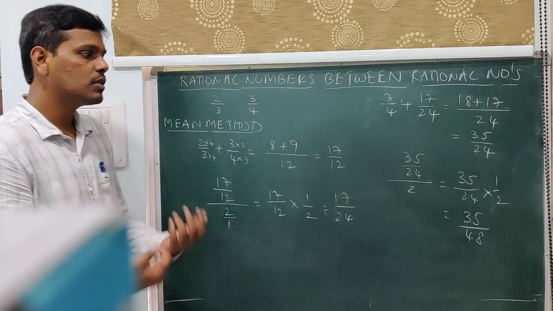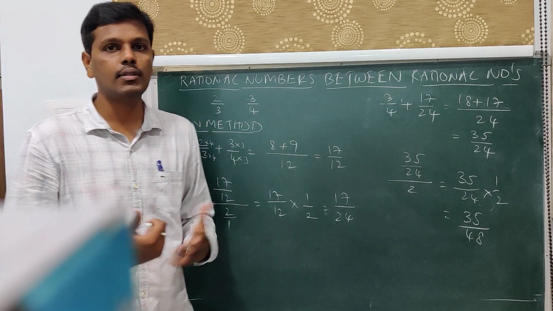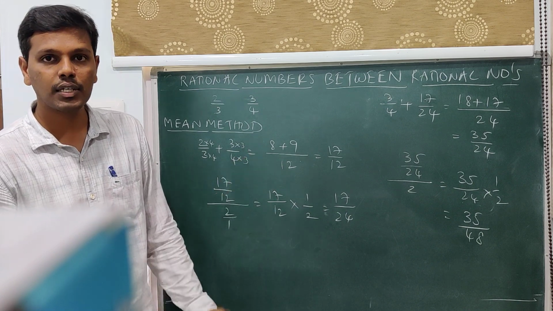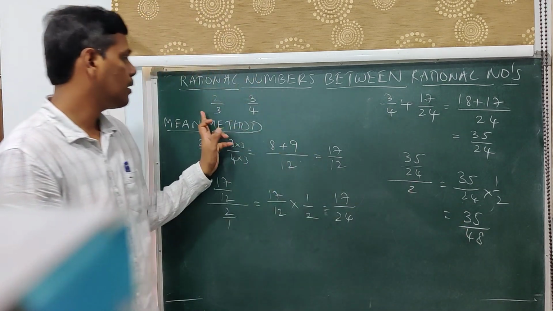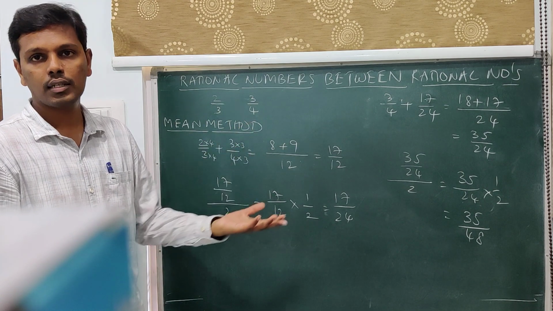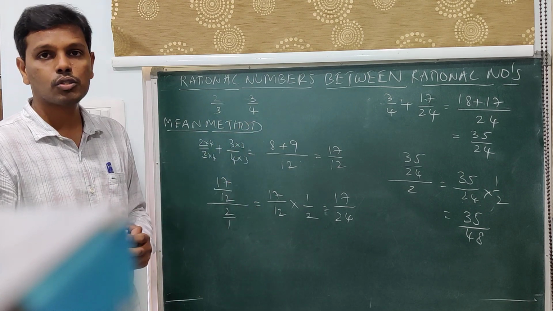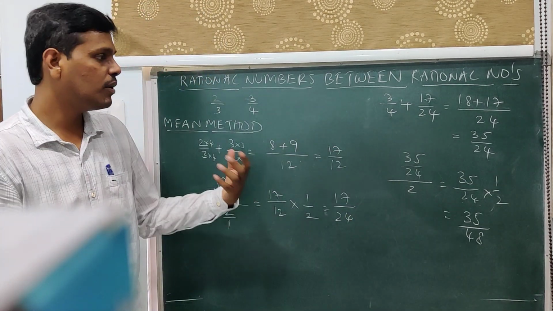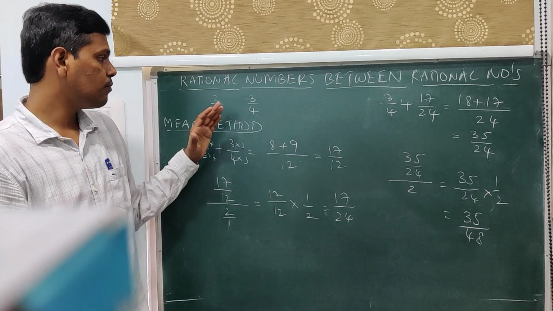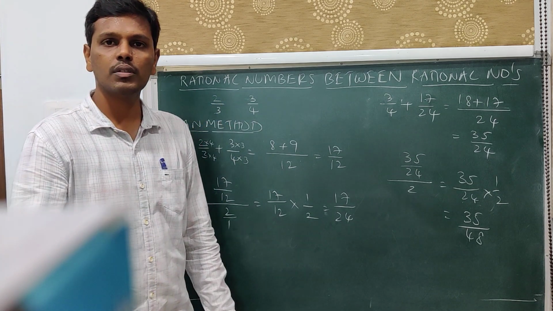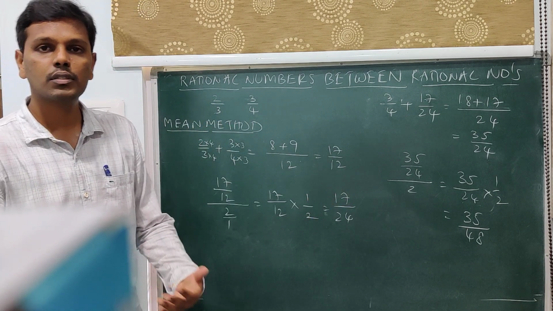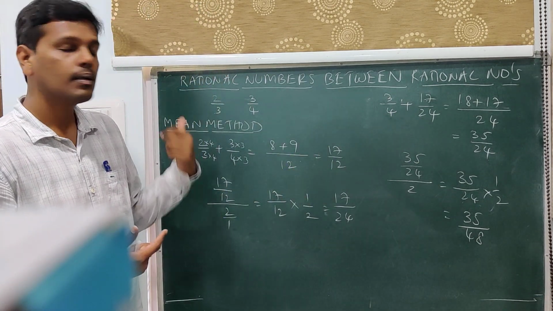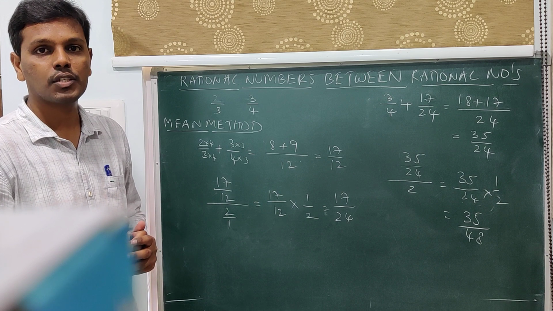Now suppose the question is to find 10 rational numbers between 2 by 3 and 3 by 4. Now this becomes a tedious process. Every time you have to pick out one and either of these two, and calculate the mean for those two numbers, and keep on doing the same process 10 times. So it will be very tedious for us to stick with this method. If it is one number or two numbers, you can do it this way. If it is 10 numbers, you can also do it, but it becomes lengthier to calculate that many rational numbers between the given rational numbers.